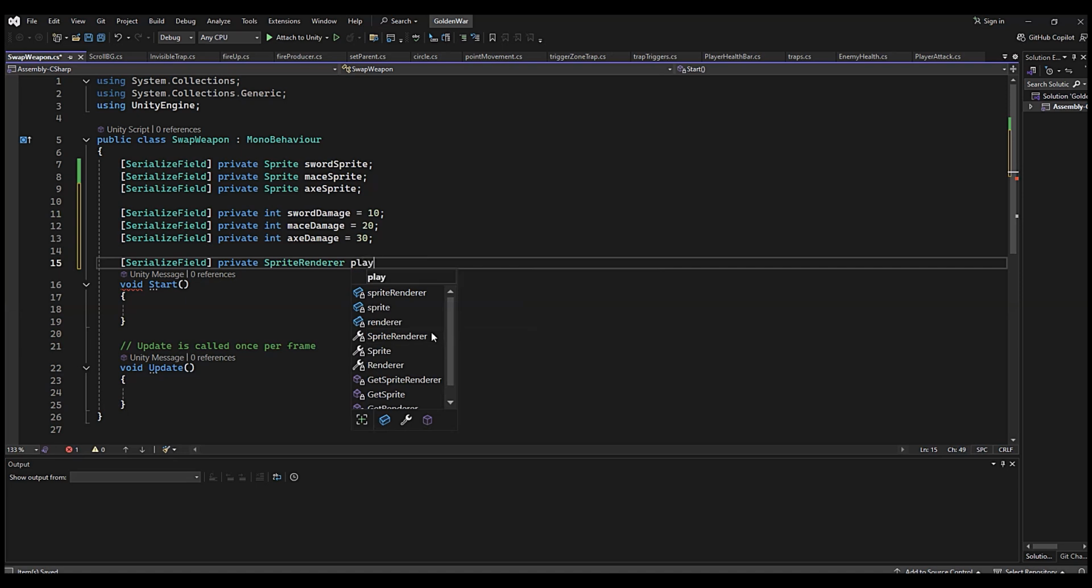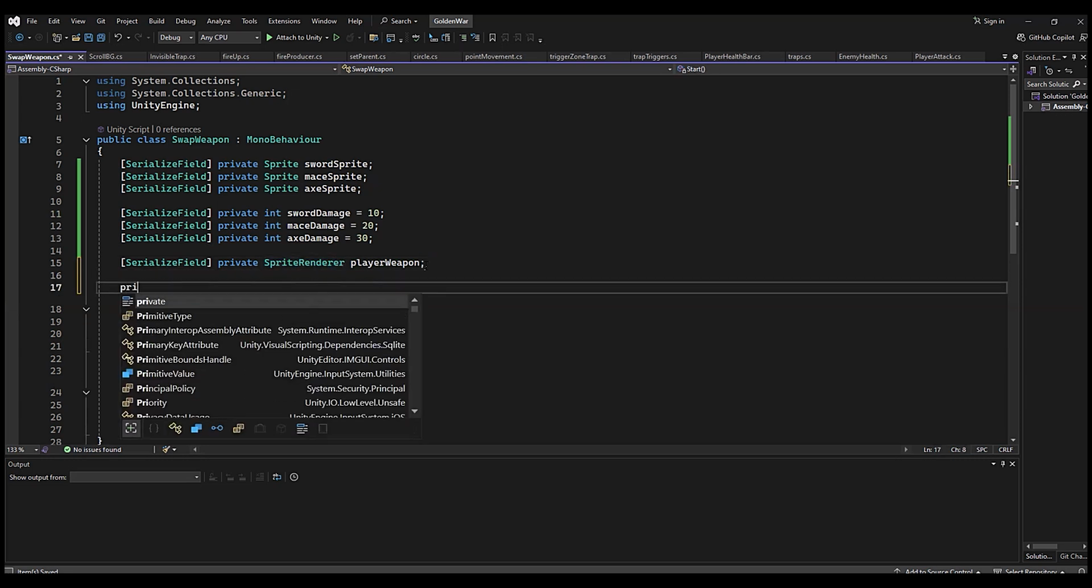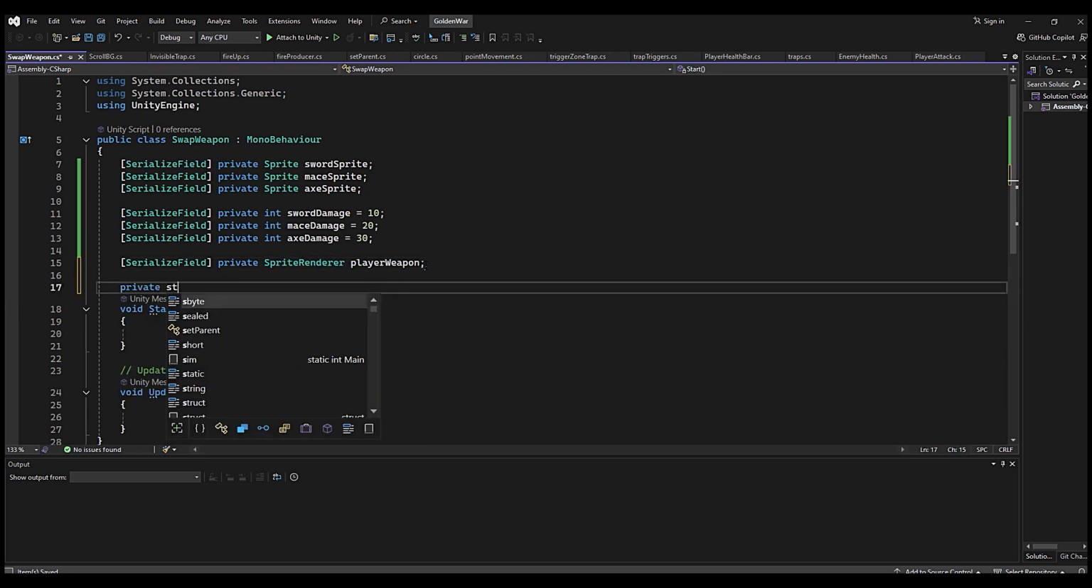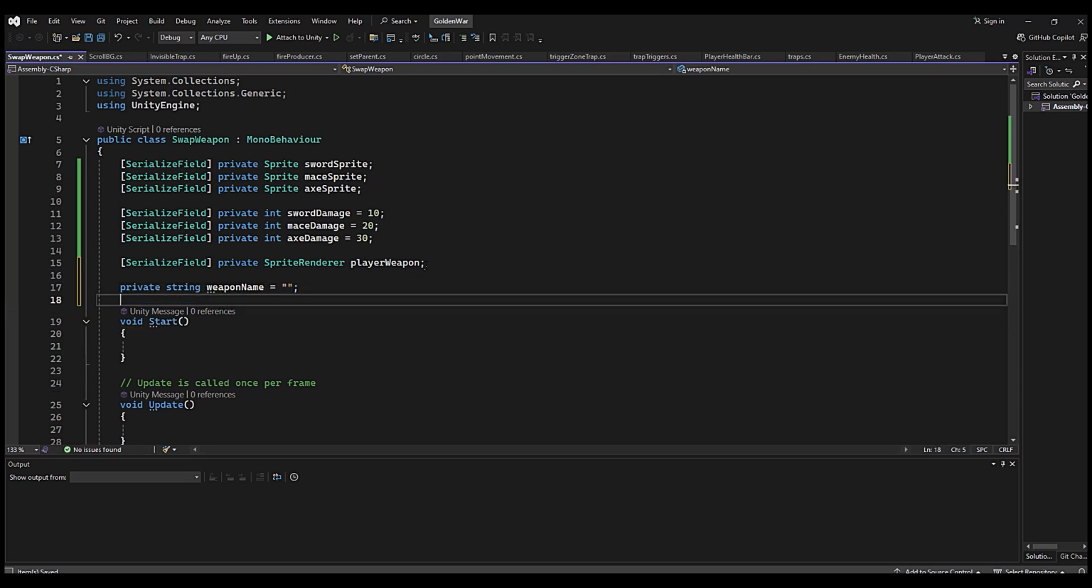Player weapon. I will drag and drop the game object of that, and it automatically gets is a sprite renderer. Here we want to get the name of the weapon, string weapon name. At first, this is nothing, or it is null,